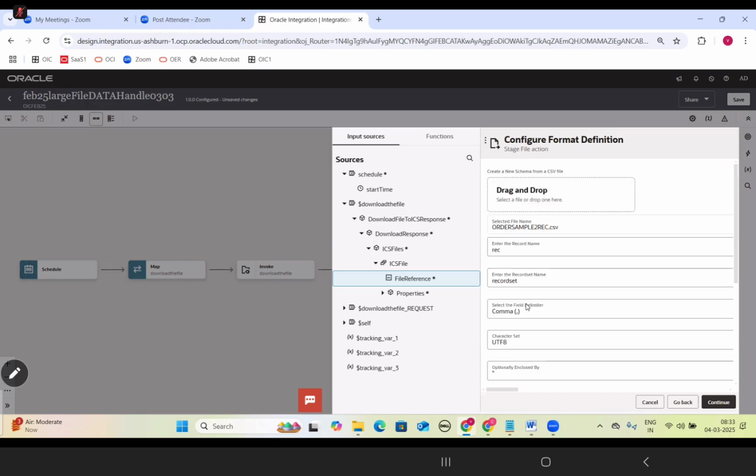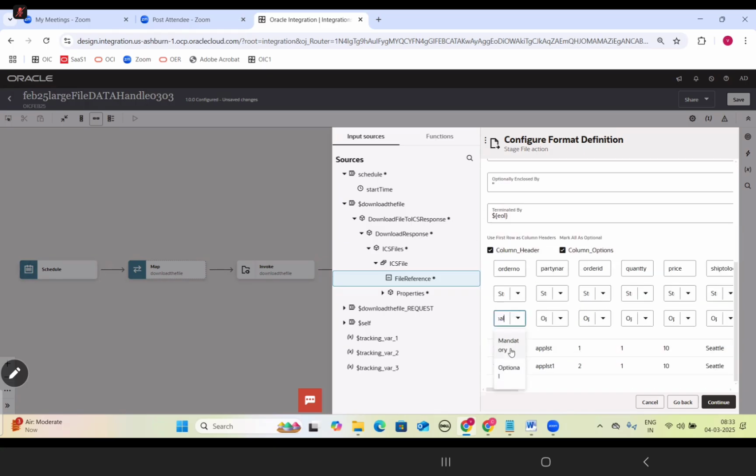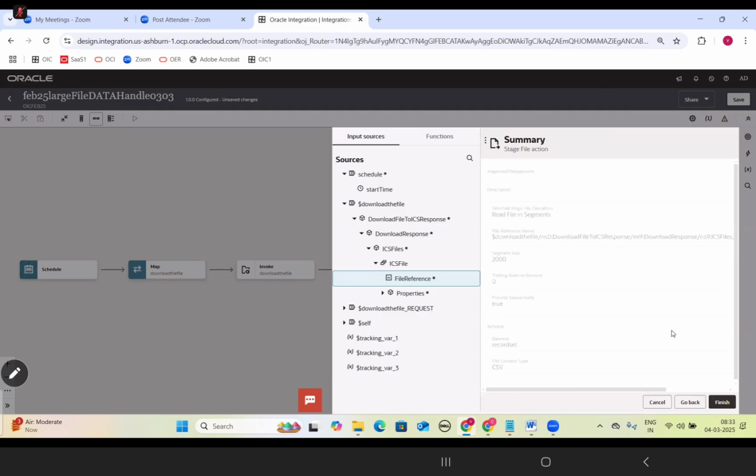Order ID should be mandatory. Click on continue, and finish.